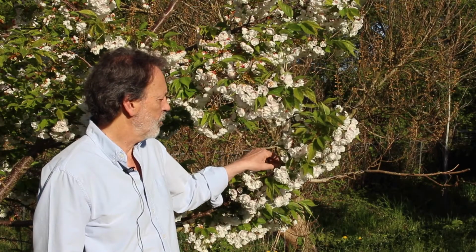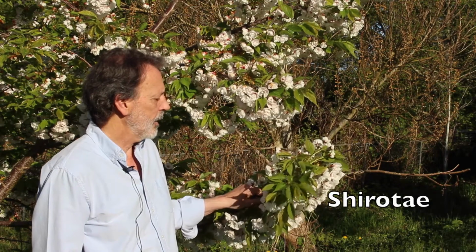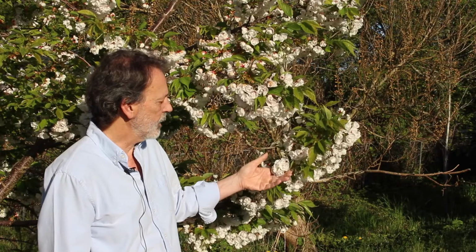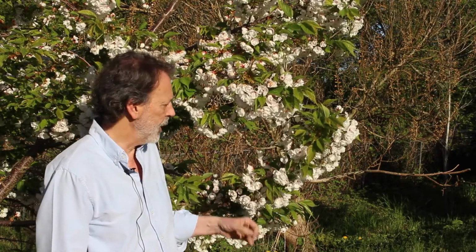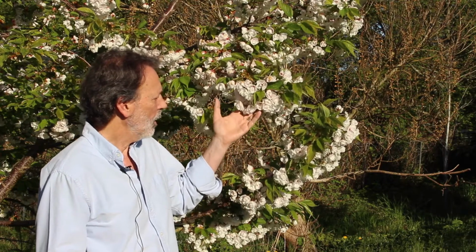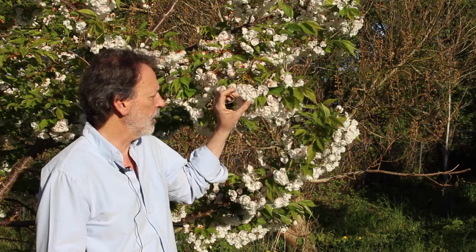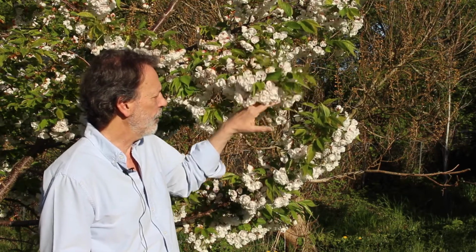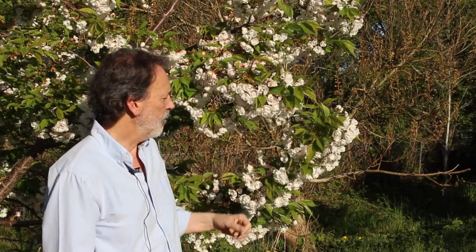This is Prunus Shirotae. Shirotae is white, double white flowered, a very, very popular tree. It produces these beautiful sort of open double flowers. They're starting to take on a little bit of a red heart right now, so they might look a little bit pink from a distance, but one of the great things about Shirotae is that when the flowers emerge in